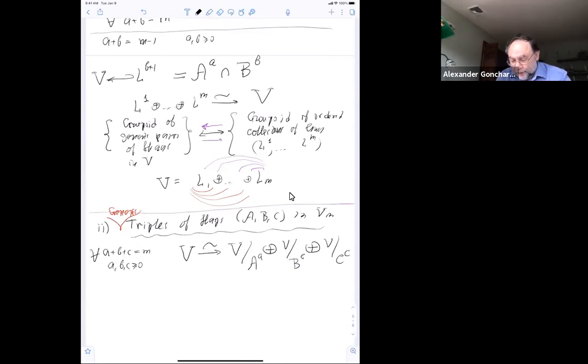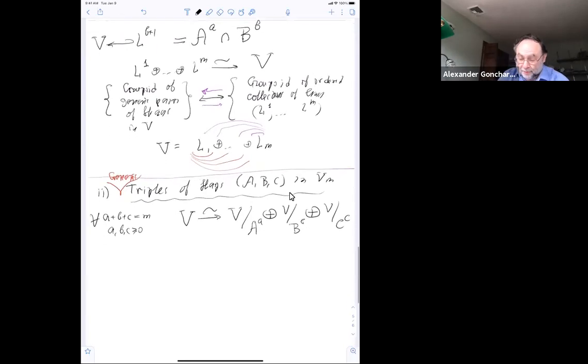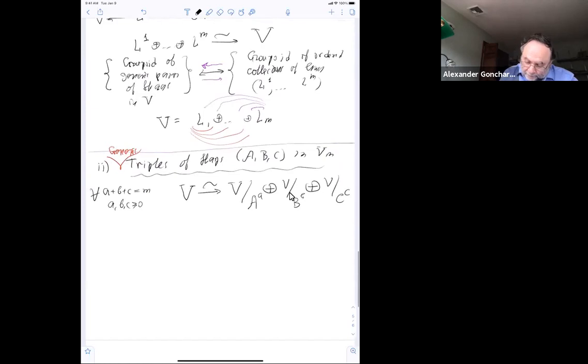For example, you can dualize this picture and you get a notion of generic triple of flags in the dual space. And it's quite interesting that this notion is different. So there are at least two different but reasonable notions of generic triples of flags, but I deal with this one. Okay, now really the main point is that in order to understand what's going on, you have to draw